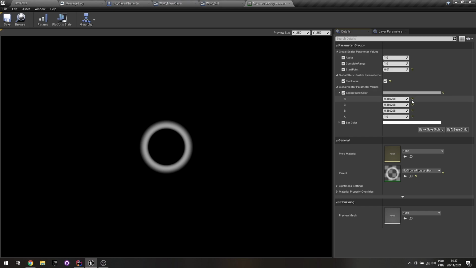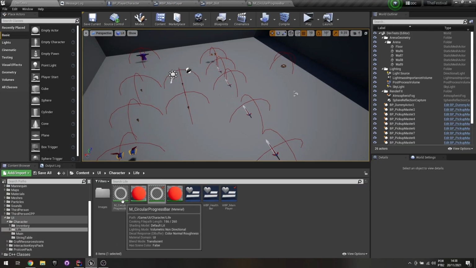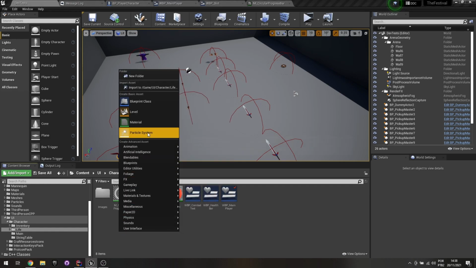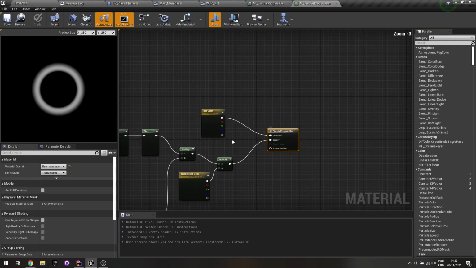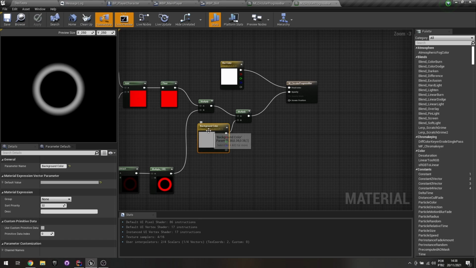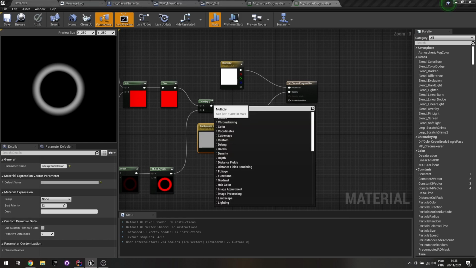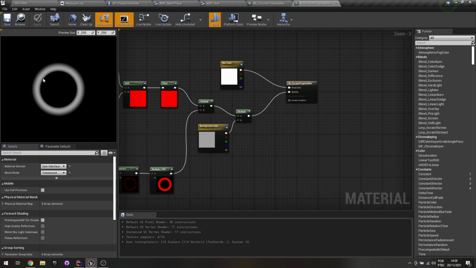So how do I make this material to begin with? First of all, this is an instance. So first of all, you're going to need to create a regular material. Any material, and I call mine circular progress bar just to make it easier. You don't have to have this background color. I put it just because I want a color to start. But if you want to plug that back into the opacity directly, that should work as well. The only difference is it's not going to start with any color. So whenever it's unfilled, it's going to be